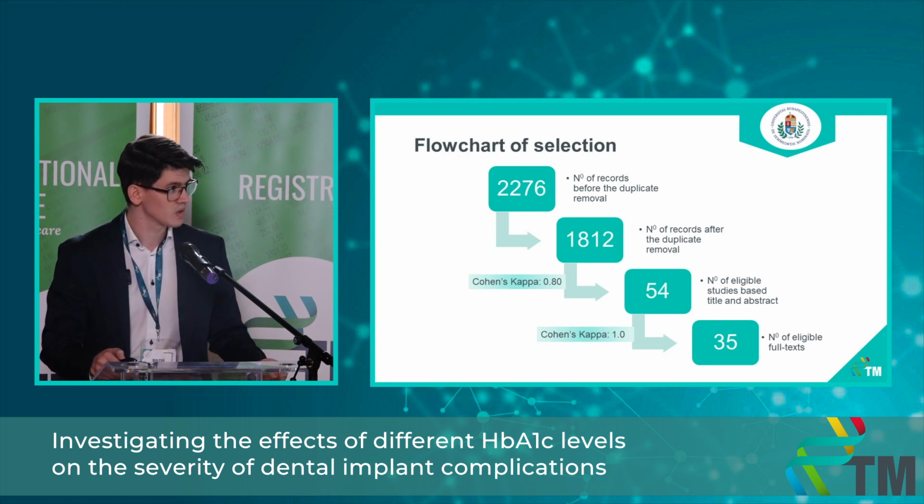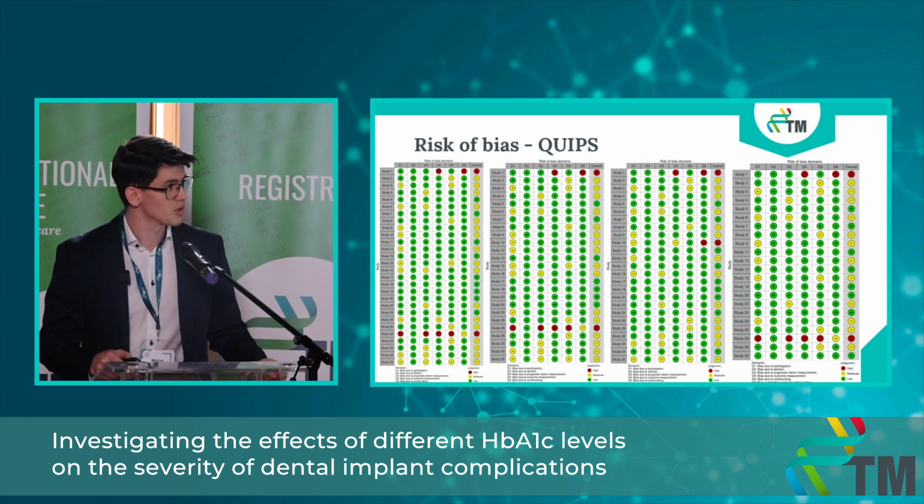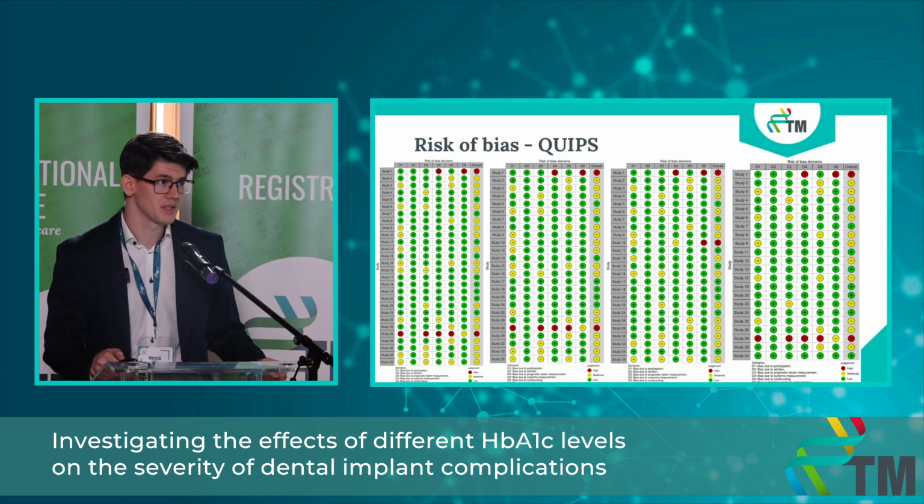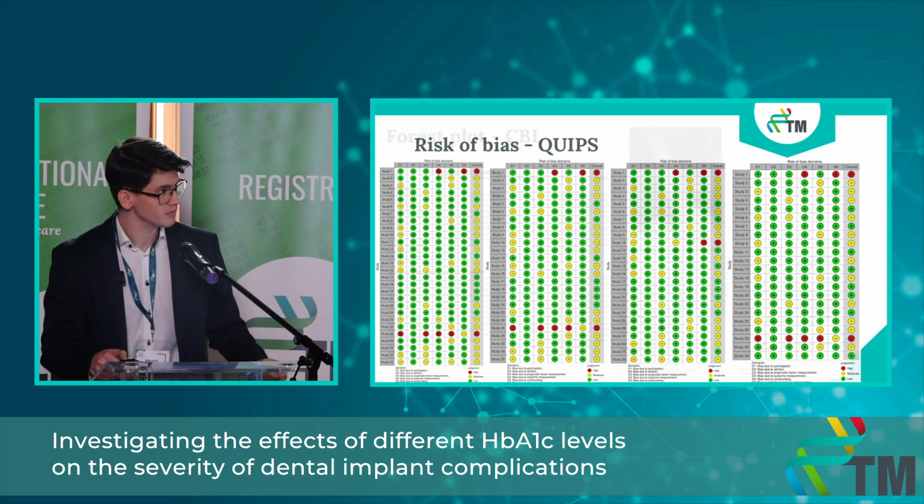observational studies. We have conducted the risk of bias assessment with the help of the Quality In Prognosis Studies tool. The majority of the studies have received low to moderate risk of bias, while 5 studies received high risk of bias, and therefore they will be excluded from any further analysis because of poor quality.